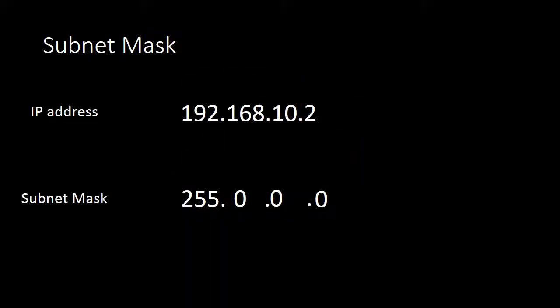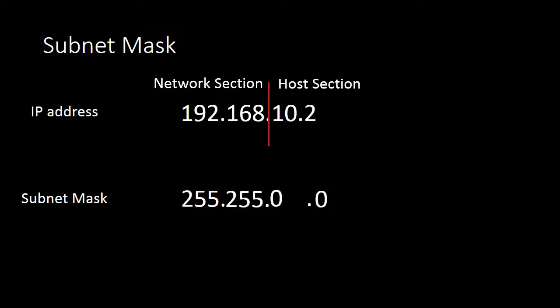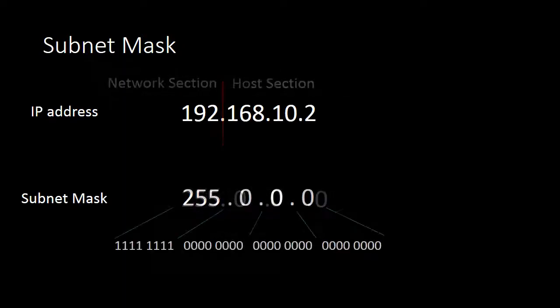By this method, we can decide how many networks you have and how many hosts we can have on each network. In this example, the subnet mask has divided the IP address into 2 parts, the network section and the host section. The network section can be increased at the expense of the number of devices, or inversely, we can increase the number of devices on a smaller number of networks. In this example, the subnet mask is